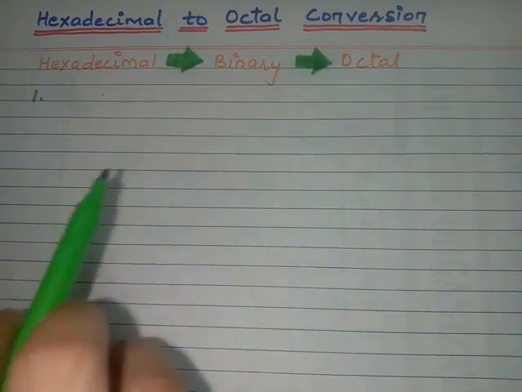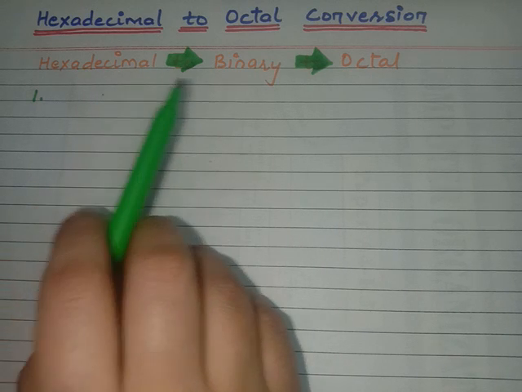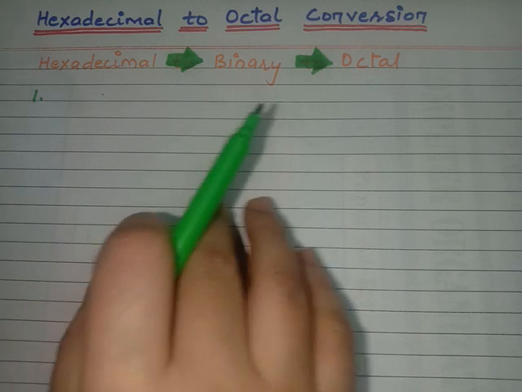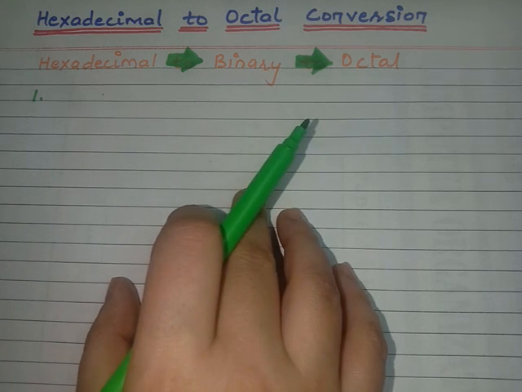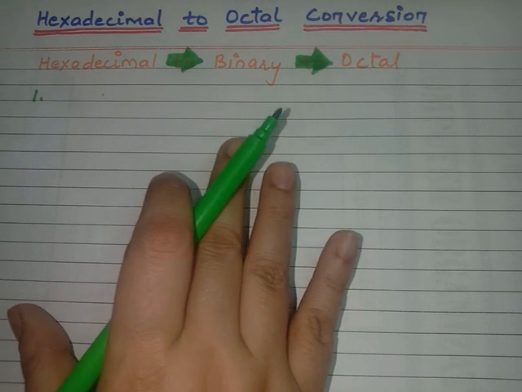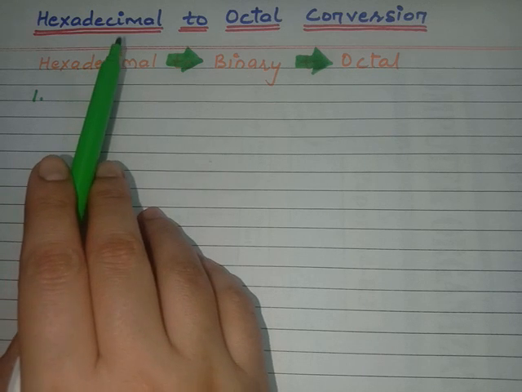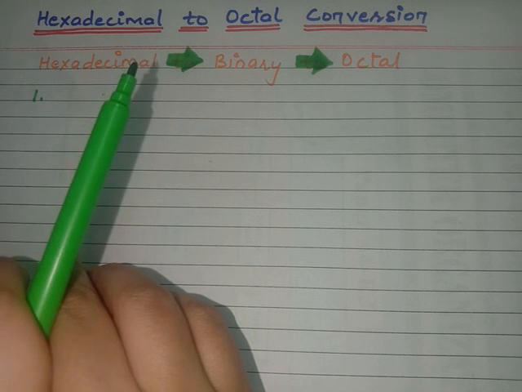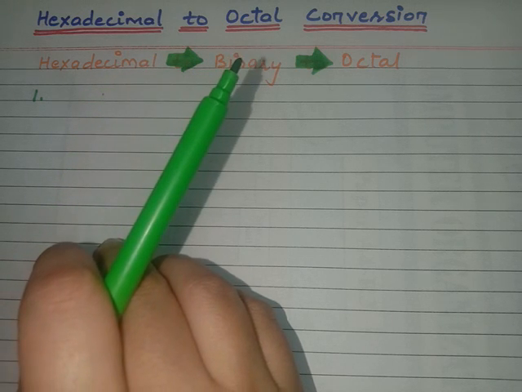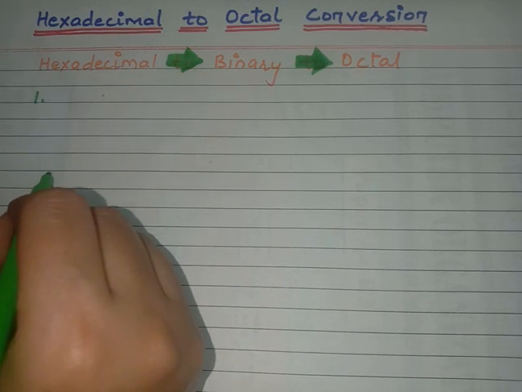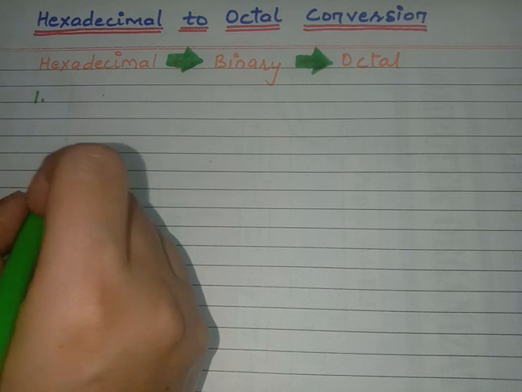And the conversion of a hexadecimal number into binary and also the conversion of a binary number into the octal, I have explained in my previous videos. So if you want to understand this concept of converting the hexadecimal into octal, I will suggest you to watch those previous videos first, so that you can have a clear idea about the conversions. So I will be taking one example to show you the things.